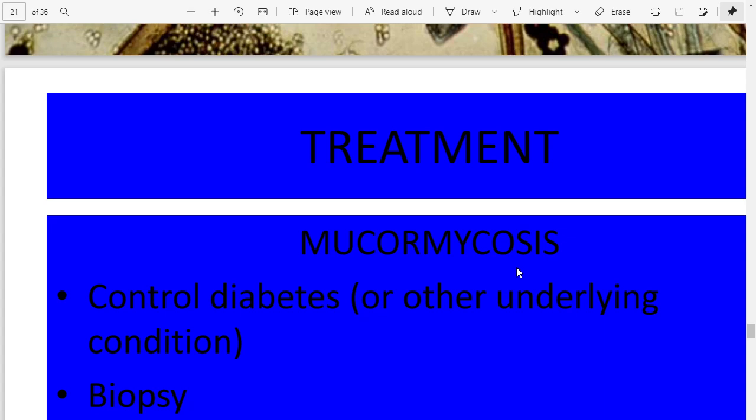and send him immediately to ENT. Start with antifungal drug, give insulin with the IV fluid to control diabetes and ketoacidosis, take an urgent biopsy, send for culture, and refer to ENT to do surgical debridement with the cover of amphotericin B. So you should be very careful in catching the cases early, which usually does not happen in